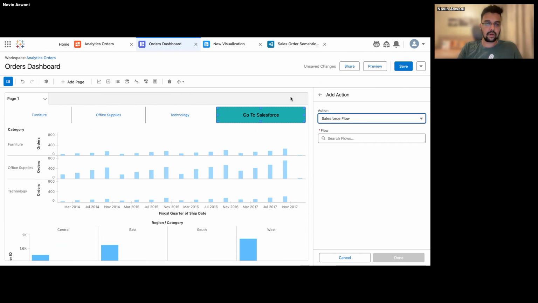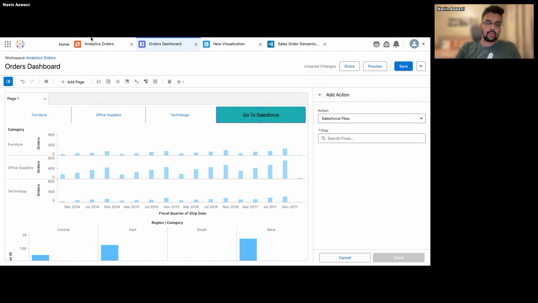So this is the whole end-to-end flow of your Tableau Next that got the data from your data cloud, and from there we did the visualization. We did definition in the semantics layer, and from there you can start doing the visualization as well as taking the actions from your dashboard.